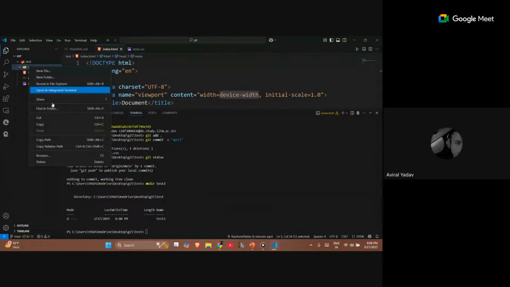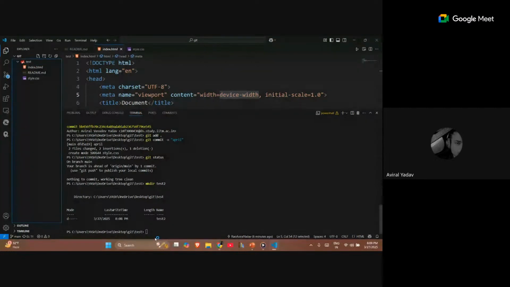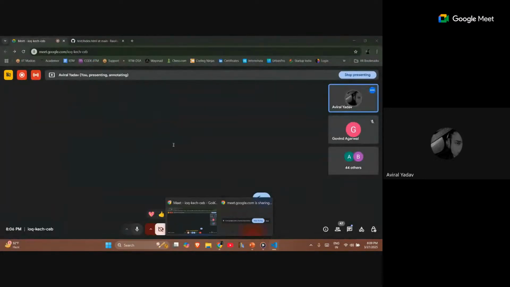Oh, actually, I made a mistake. Let me just move this one. I need to move outside before that. So before creating a new repository, because if we want to create another folder within our Git, we can also use this simple step, which is mkdir test or whatever you want. It will create multiple folders within your repository. Let me just show you guys.